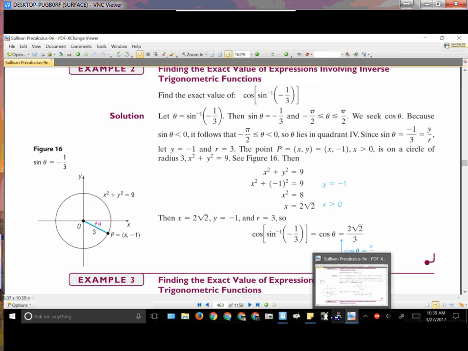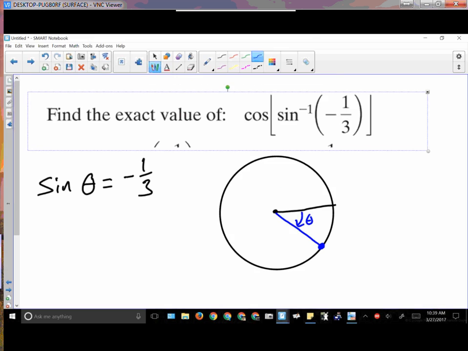Why? Because sine is equal to opposite over hypotenuse. So if our opposite has to be over here, opposite over hypotenuse, we've got that as 3. This is going to be negative 1. Do I know what this value up here is going to be now? Well, 3 squared is 9. 1 squared, or negative 1 squared is 1. So if we're looking at this in terms of x squared plus y squared is equal to h squared,